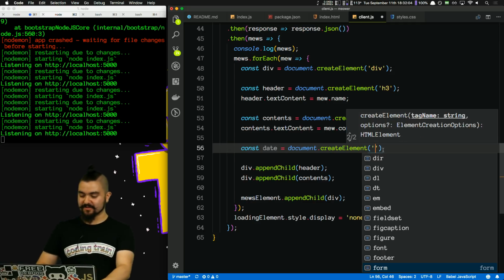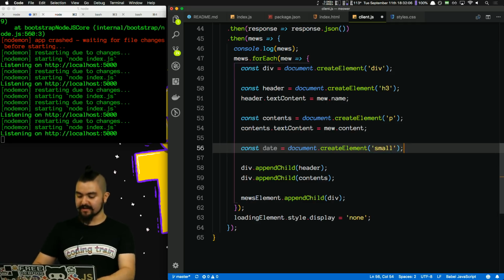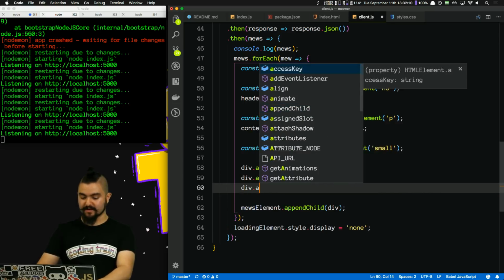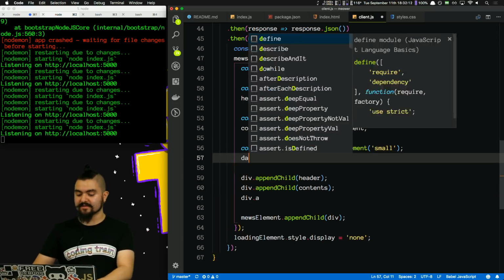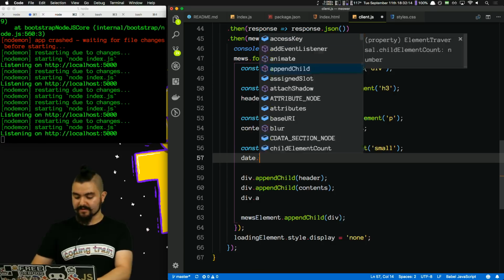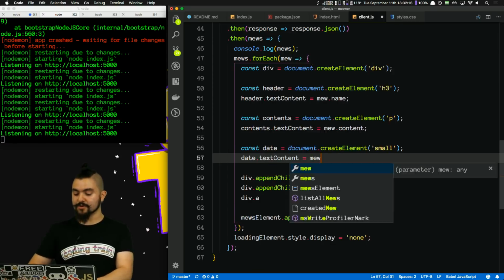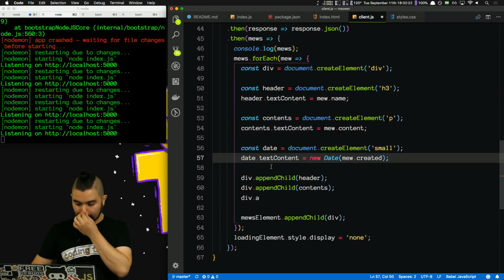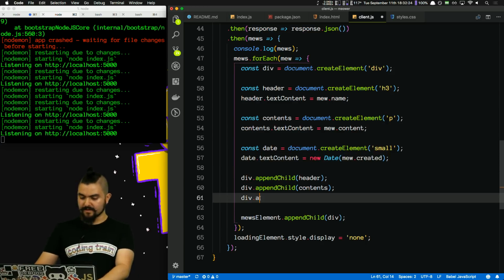Okay, so the last thing is I'll create a small tag, and then we will append it here. So div dot, oh sorry, we need to set the text content. So I'll say date.textContent is equal to mew.created. And actually I'll pass this into a new Date, so it should give it some decent formatting. And then we'll append the